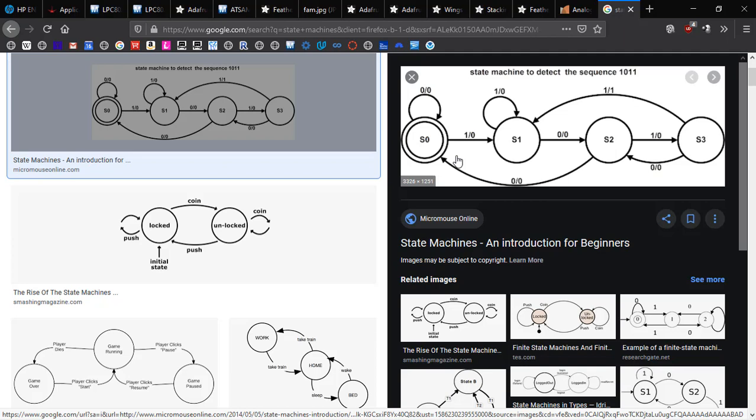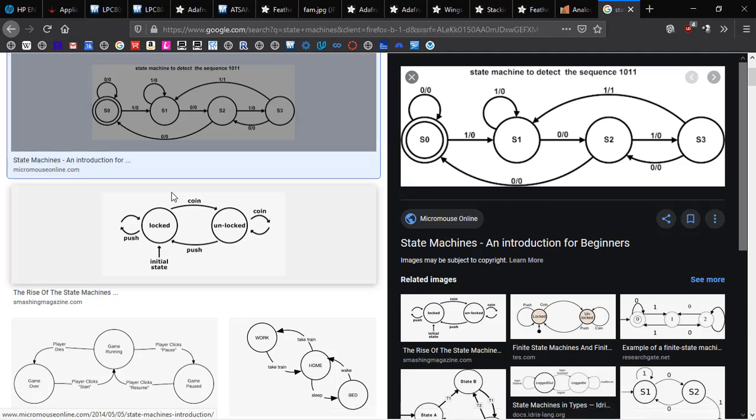But basically this is a graphical representation of a very simple system. It looks like it's got some sort of push event, a coin event, another push event, and it shows us what state the system starts in. So apparently it's taking coins in. This looks like a vending machine. So you apparently start in the state where whatever's in the vending machine is locked into place. And you insert a coin, and it can then unlock whatever you've basically paid enough for. Or apparently